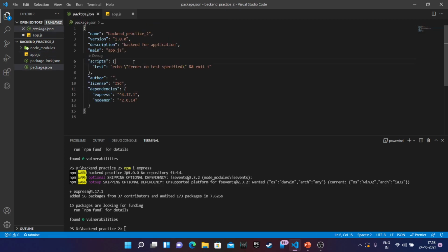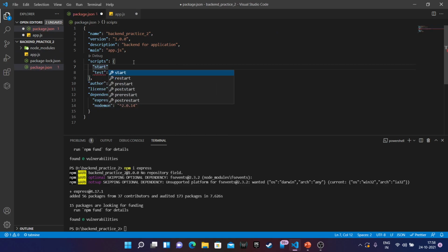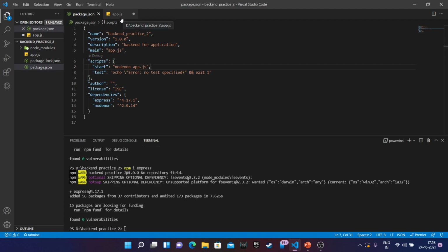Just a second, I have to make a small change over here for node. So my start would be nodemon app.js, and a comma must be placed here. So my package.json knows that I have nodemon installed, and my start script would be app.js.